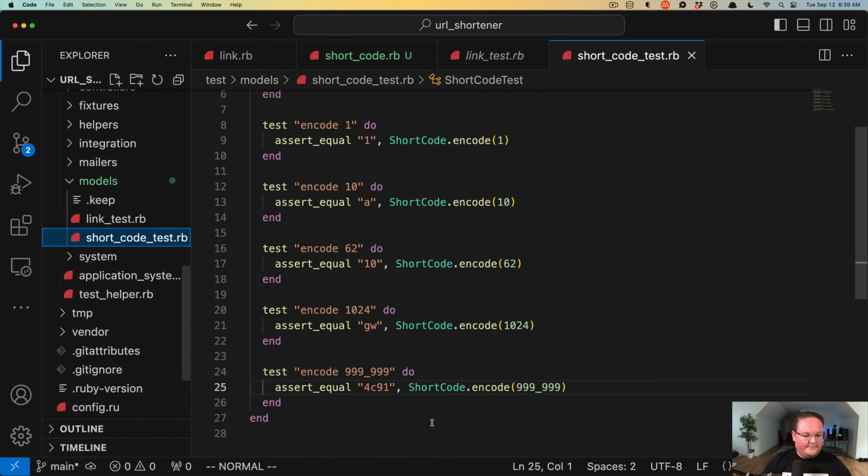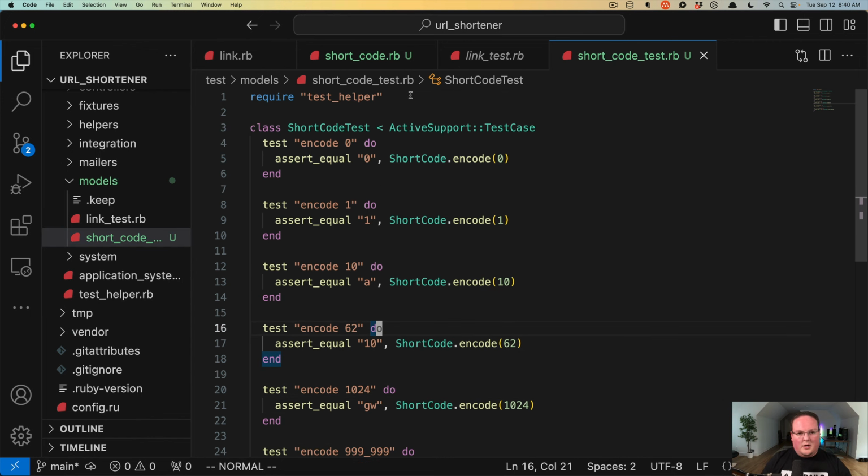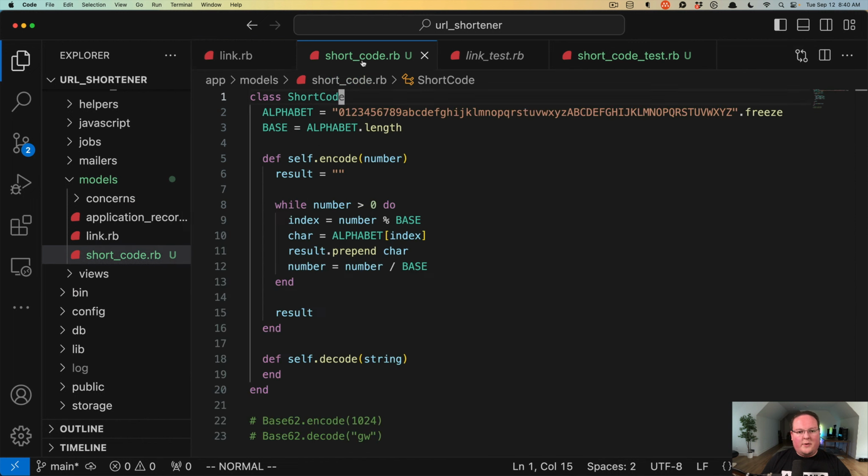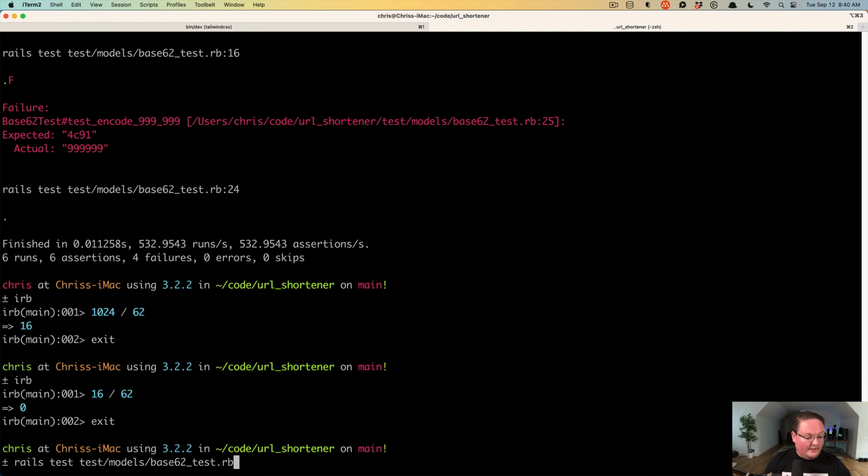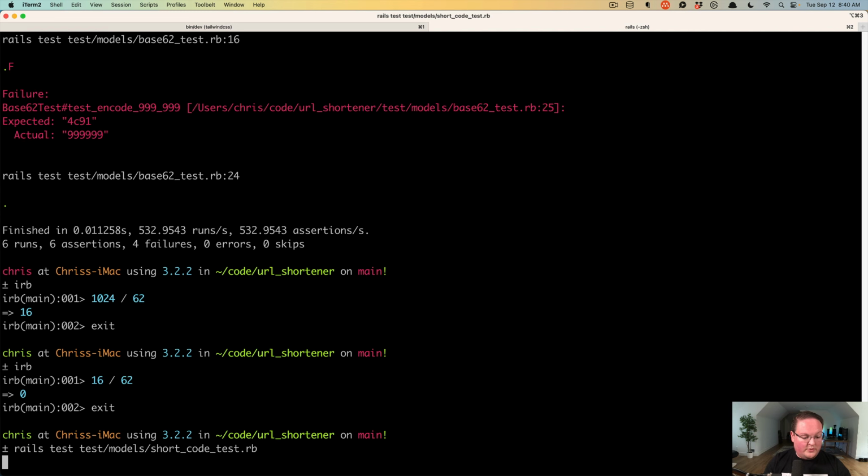Shortcode test. Perfect. All right. So anyways, that is now going to allow us to encode all of these numbers properly. And if we run our test file, now that we've renamed it, shortcode test,